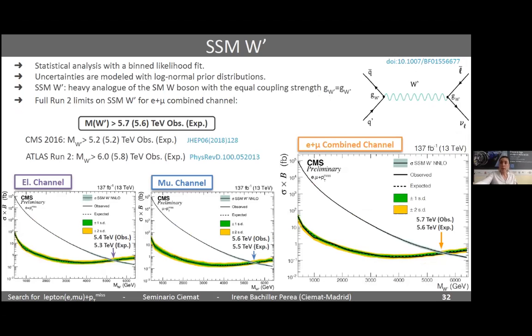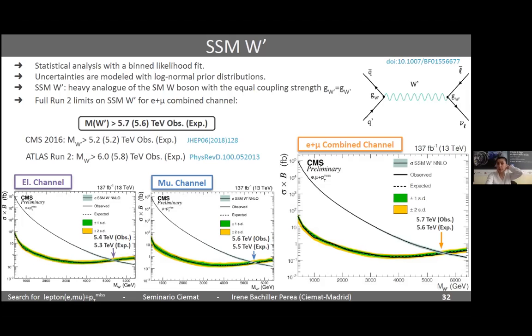We go now to one specific model, the SSM W prime, where we have the production of one W prime as a heavy analog of the standard model. We can set limits in each channel. In the electron channel, we observe a limit of 5.4 TeV, muon channel 5.6, and once we combine, the limit mass of the W prime observed